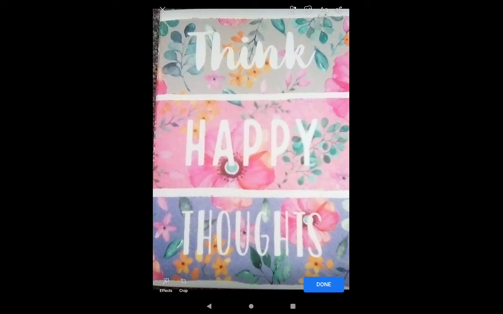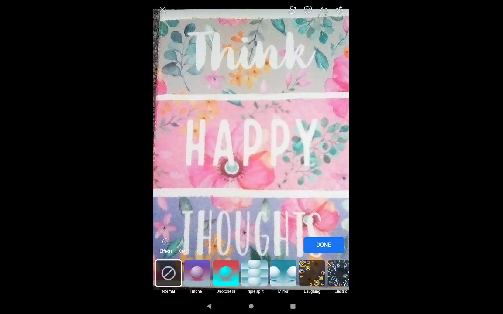And there's also other things on this page. I won't cover them all because I would encourage you just to get curious and explore. But we've got the effects, we've got stickers, you can put text on, and you can even draw on it there as well. So I would just encourage you to tap on effects, get curious, tap on any of these and just see what happens. I don't know what will happen myself, to be honest.